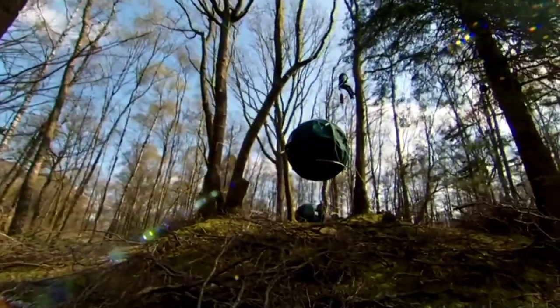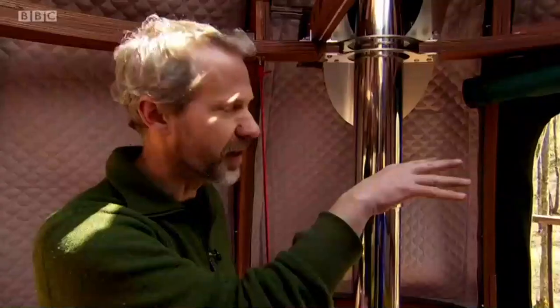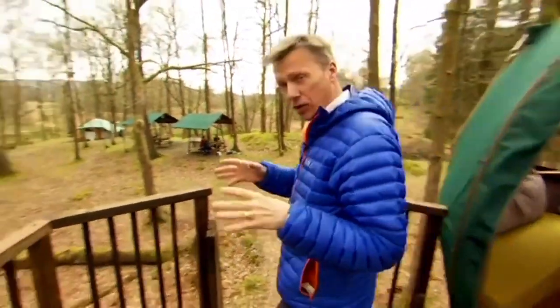The bit I like most is just as the sun's coming up in the morning, when all the trees are in leaf, you get this lovely dappled light coming through. So I'll wake up, open the windows up, and then just snooze until the bird song becomes a bit too loud. If these 2 trial tents in trees prove popular here in the Lake District, the National Trust says it'll